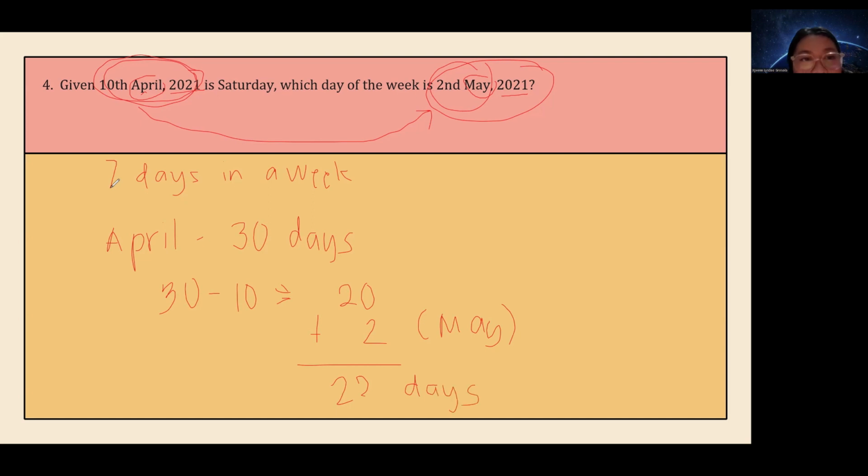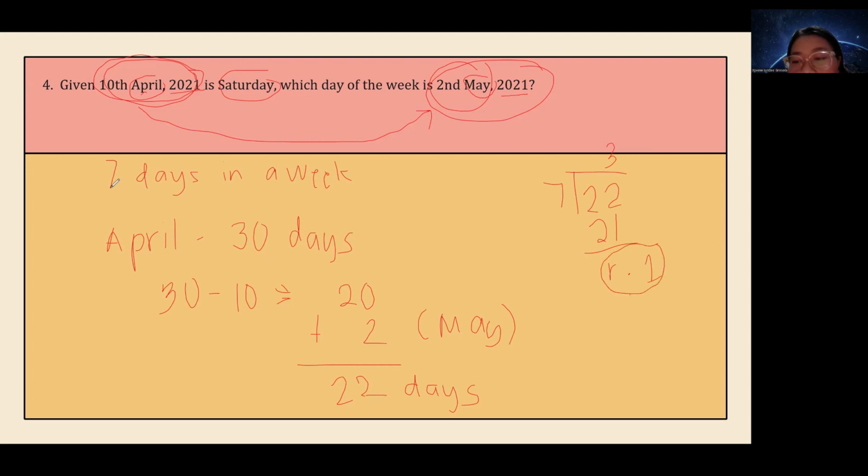Okay? So again, for example, here, 7 days after Saturday would still be a Saturday. And 7 days after that, it will still be Saturday. So that will go on and go on. Now we have 22 days that would pass by to get to May 2nd. And so we need to get a multiple of 7 that is very close to 22. Or we can do division first, okay? So we can divide 22 divided by 7, that's gonna be 3. 3 times 7, that's 21. And we will get a remainder of 1. Okay, so we will only look at the remainder.